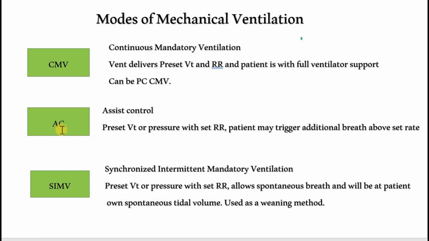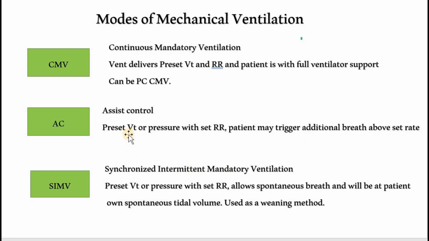Another mode is AC, that is assist control. In assist control, again, the ventilator provides set tidal volume or pressure. You can set either tidal volume or pressure, and this is delivered with each respiratory rate. The difference from CMV is in AC, the patient may trigger additional breaths above the set rate. That means the patient can take spontaneous breaths. So the ventilator senses this additional breath and it allows the patient's breath, but during the patient's breath, the preset tidal volume